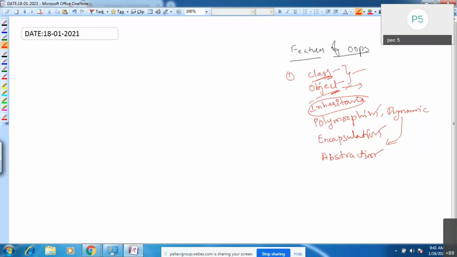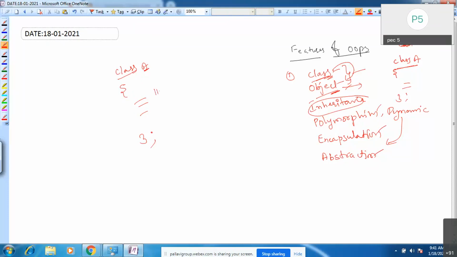Once you create an object, all the properties are stored in it. For example, here class A is there. Inside this class you will have data members and member functions, right? This is the syntax to create any class. You need to remember the class keyword and the class name, then open bracket and close bracket, then semicolon.